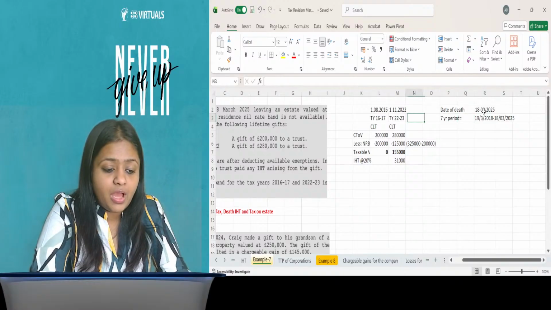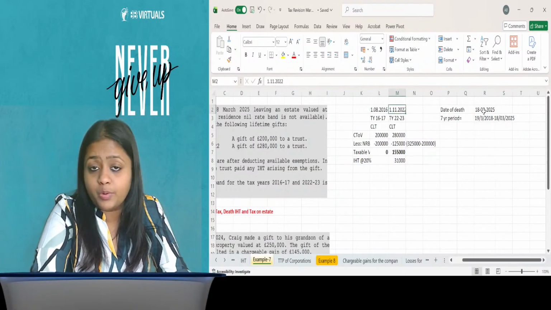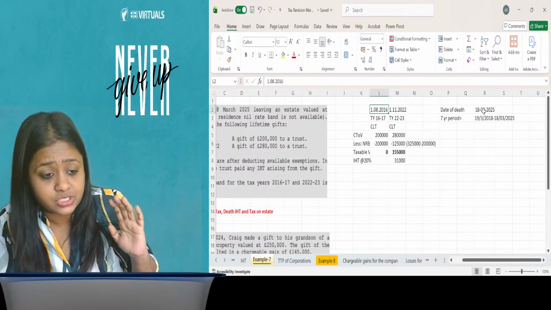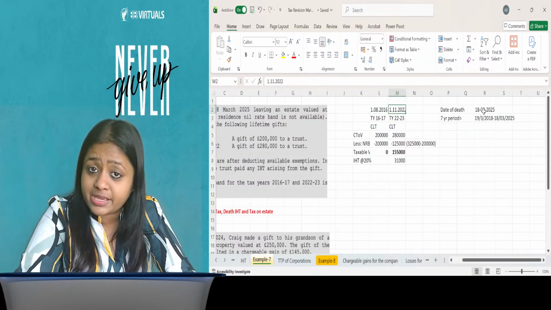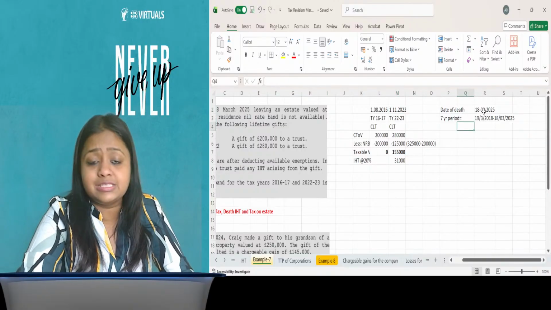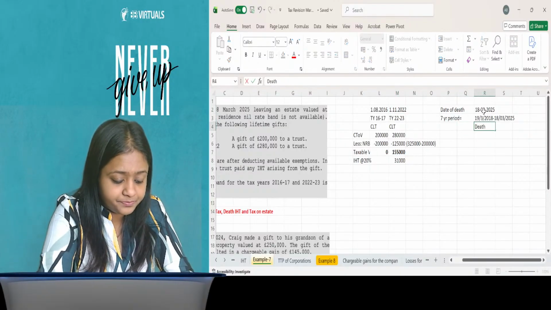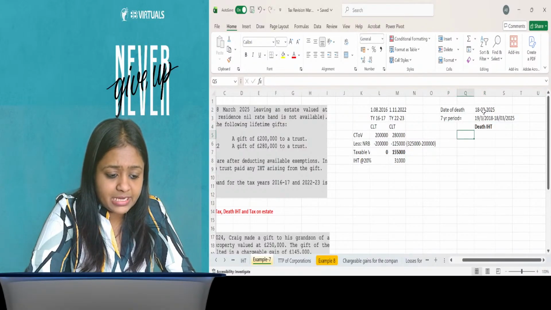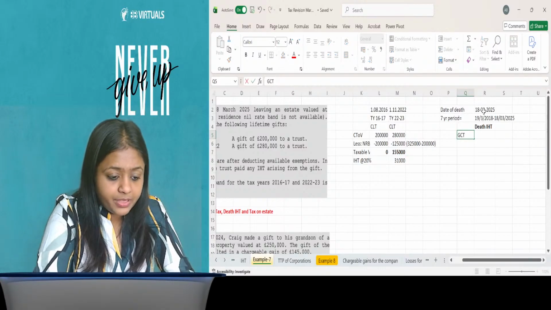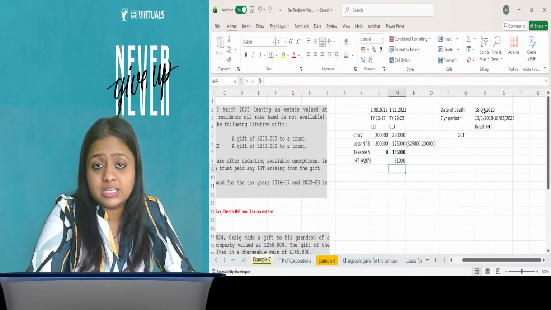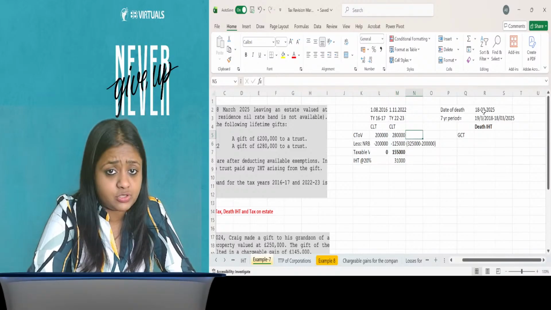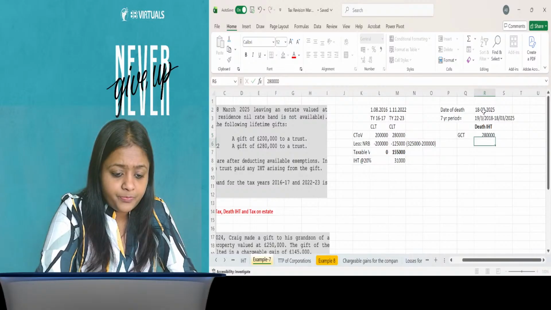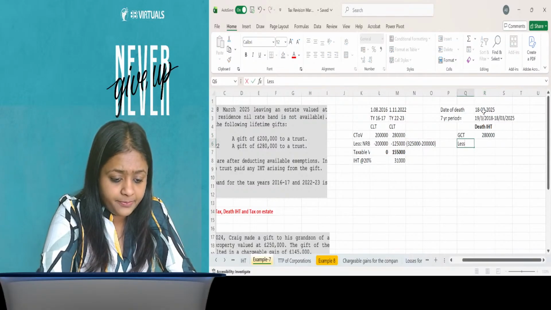Yes. Now you have here two transfers, 16 and 22. 16 is not falling in the 7-year period, so it is not subject to death IHT. The 22 transfer is falling in it, so it will be subject to death IHT. Just see how we calculate death IHT here. Again, my starting point will be the GCT. Now look here. Your tax is borne by the donee. So GCT is the same as the transfer of value. It will not change. It will be 280,000. Now you reduce NRB again.